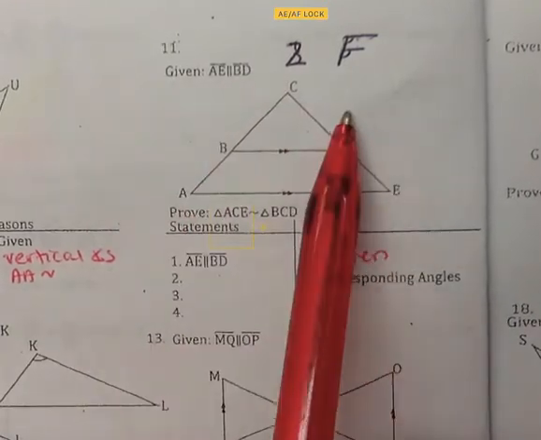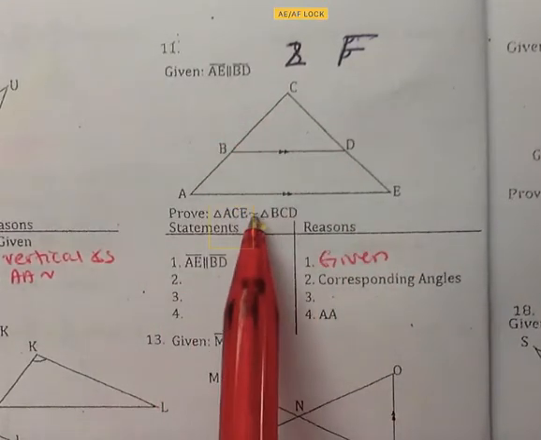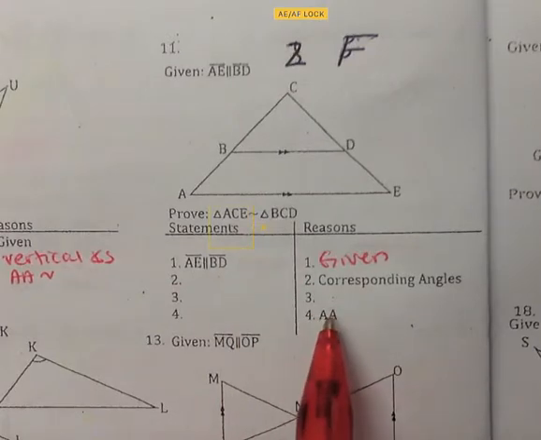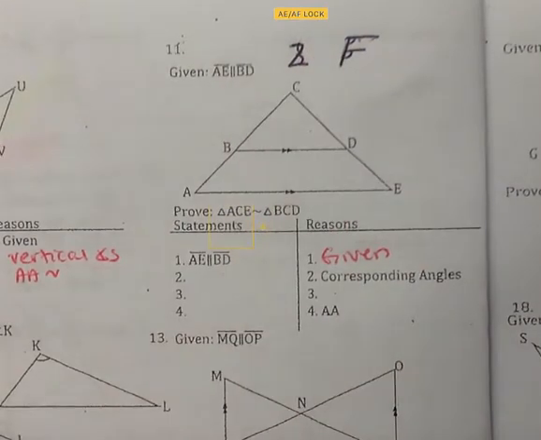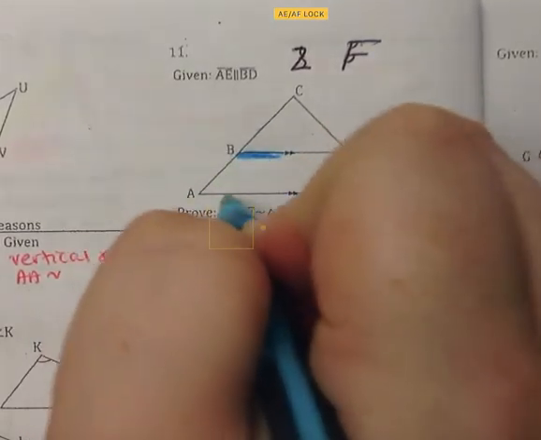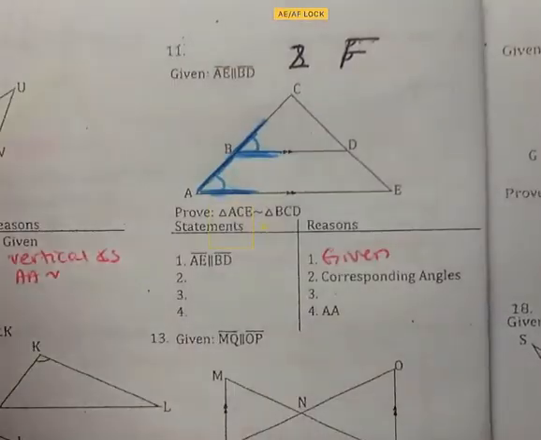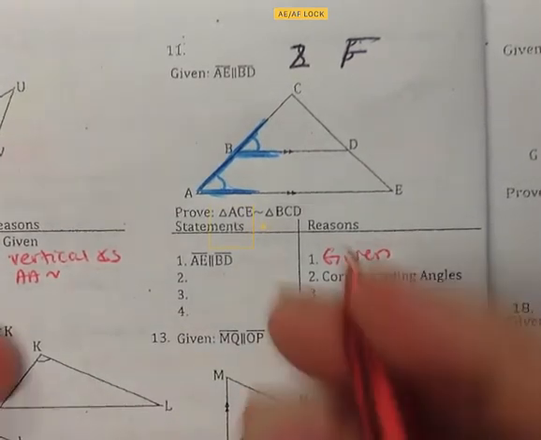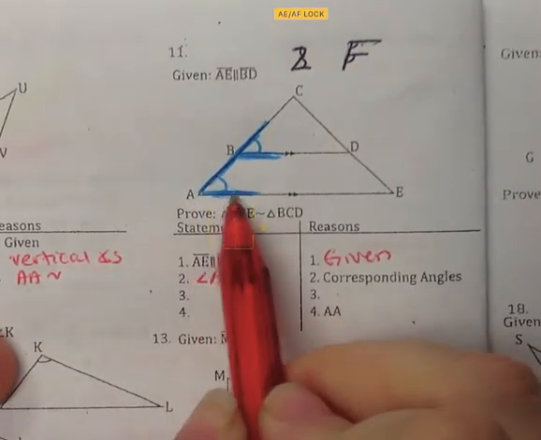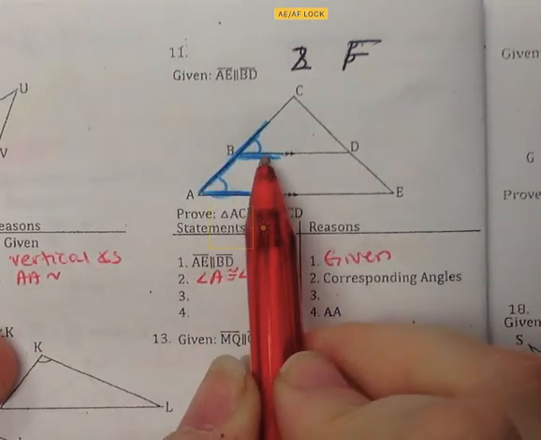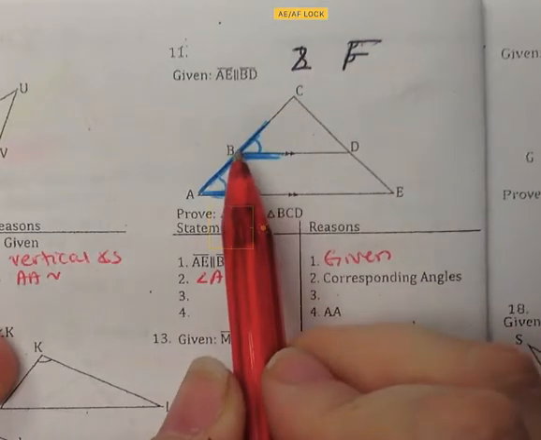Since there are no fractions and there are no side lengths, we have to use angle-angle in order to do this, and that's the last reason. So we know it's going to be angle-angle. We have to have two angles. Corresponding angles came from the F, and we do have the F there. So if I use my parallel lines and my F, I could say these two angles here are congruent because those are the corners. So if I say angle A is congruent to angle, because A only has two lines going to it, I have to make sure I use three letters for this one. So we can say angle CBD